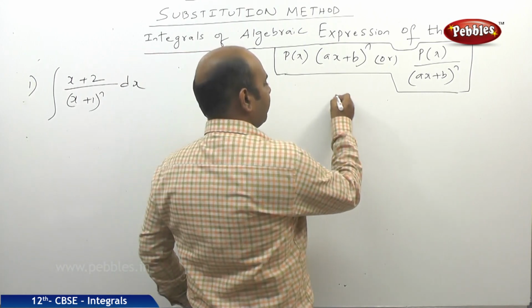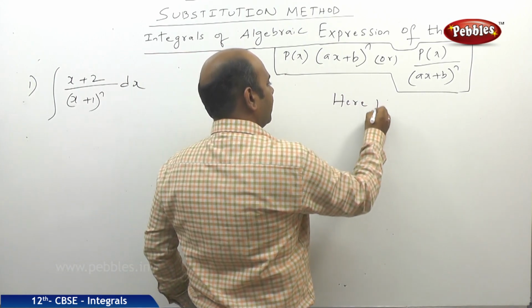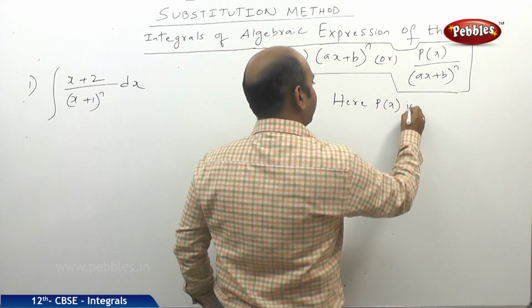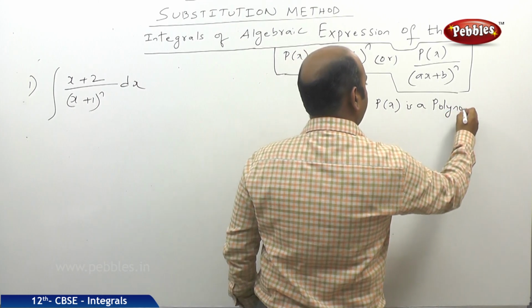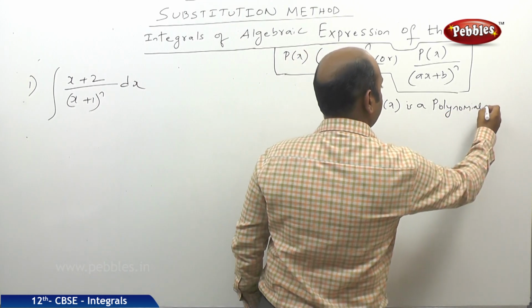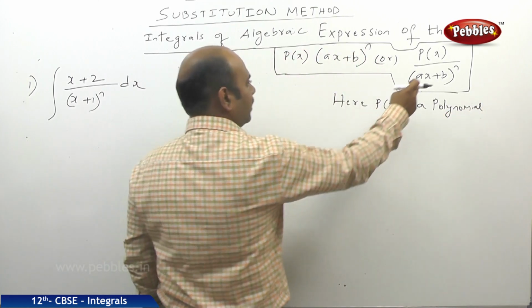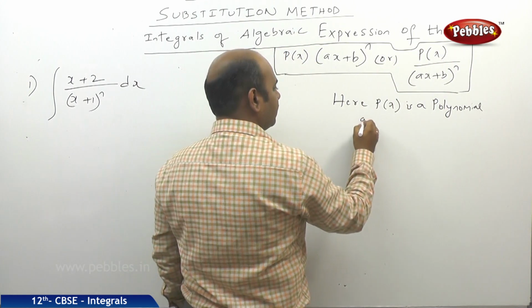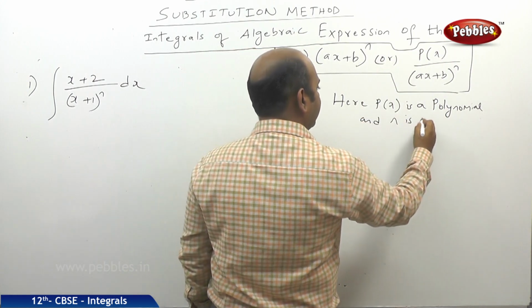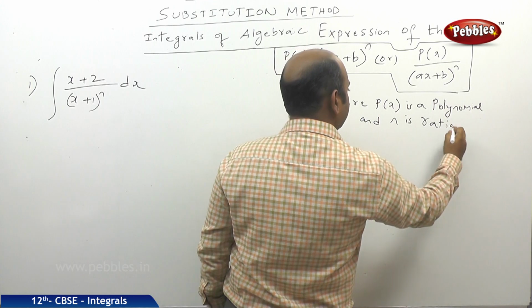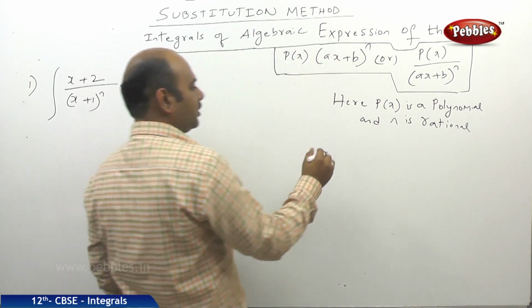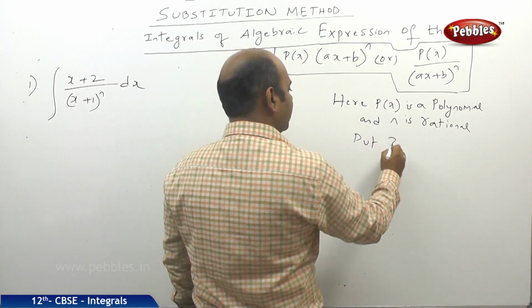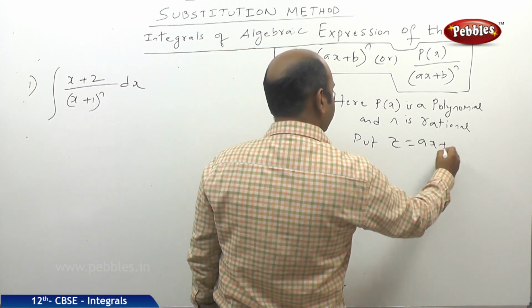Here p of x is a polynomial, and n is rational. So whenever this kind of problem comes, just you put z is equal to ax plus b